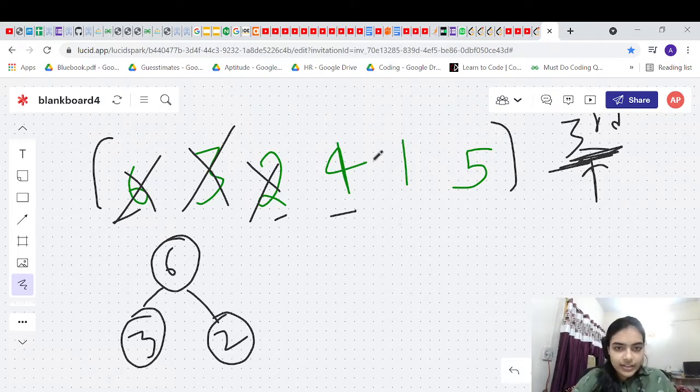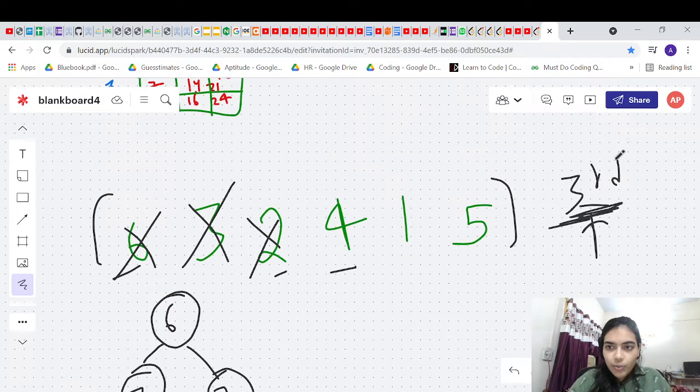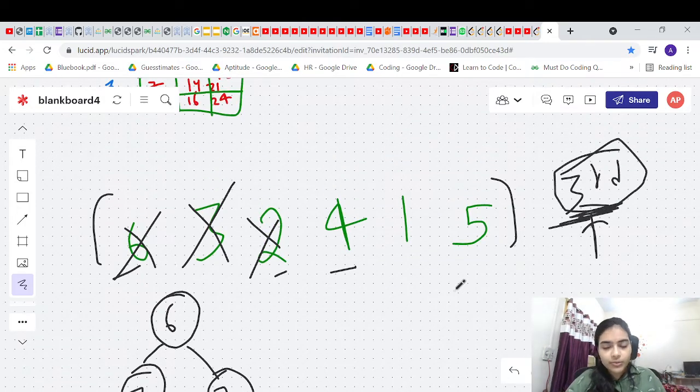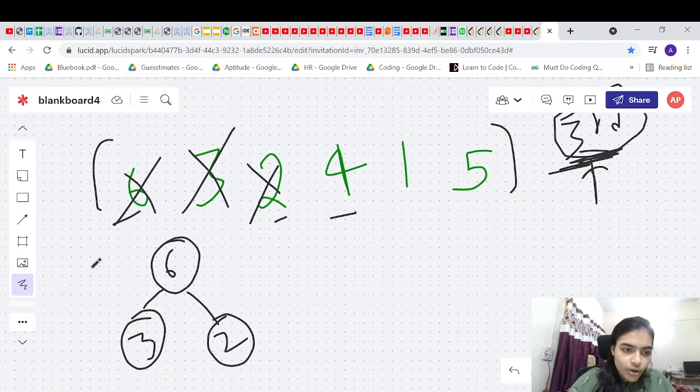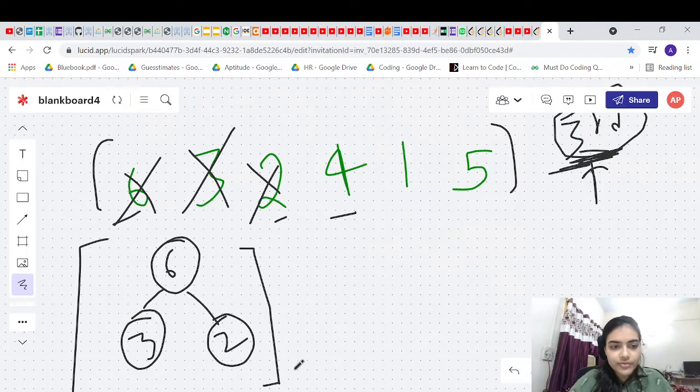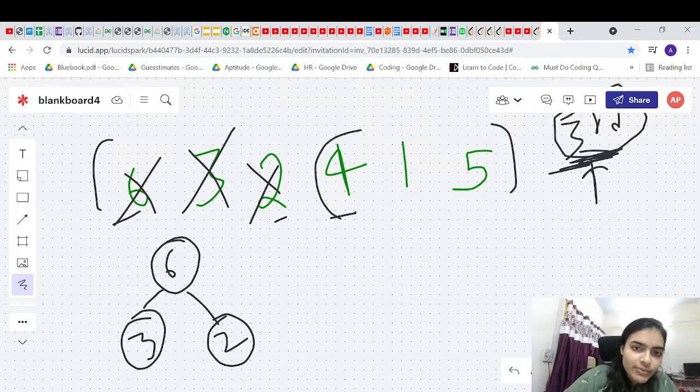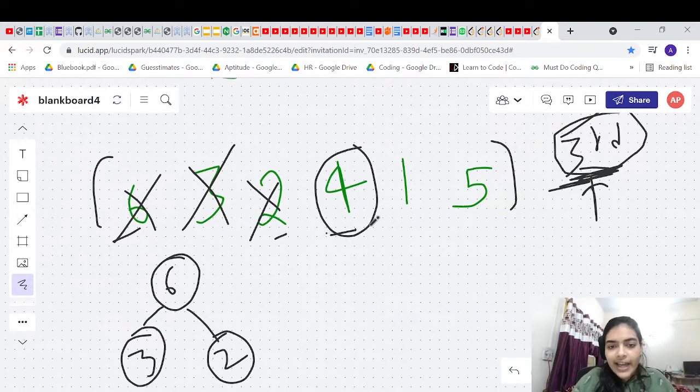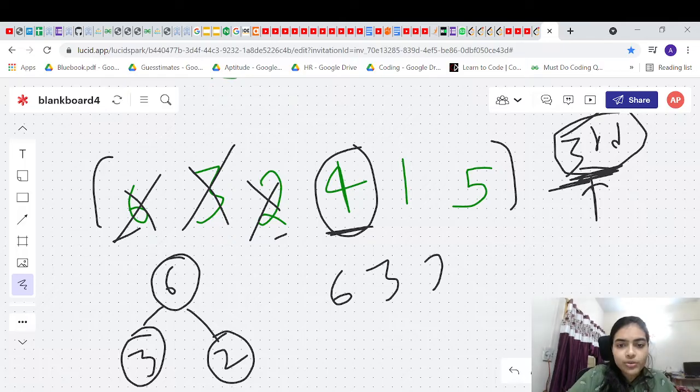Now in this case, we have to find the third smallest element, right? So now we have 3 elements already. Till now we have seen the 3 smallest elements, which are 3, 2 and 6. Now once we see 4, 4 will be smaller than 6. That means we can remove 6 if the array consists of 6, 2, 3, 4.